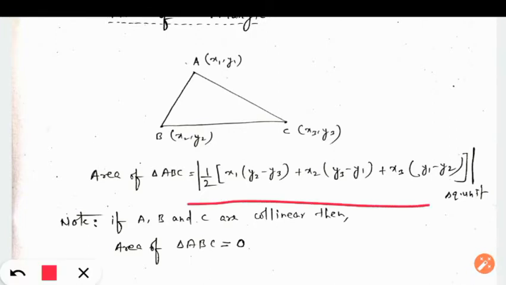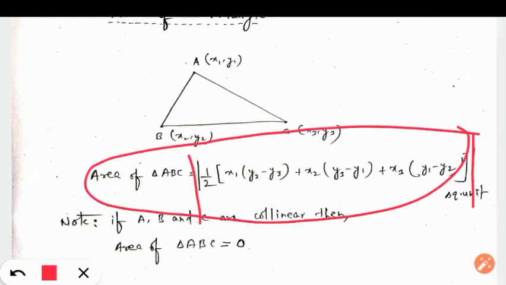In higher classes, in class 11, there is another trick. We use many things, but I need to tell you this one right now, because this is what you have in your book. One thing is notable here, that I have drawn this. See, this is called modulus. When we use this, we use it to make the whole thing positive, because this is area. It can be negative because of the quadrant where the triangle is lying, but we need to take the positive value of the area.